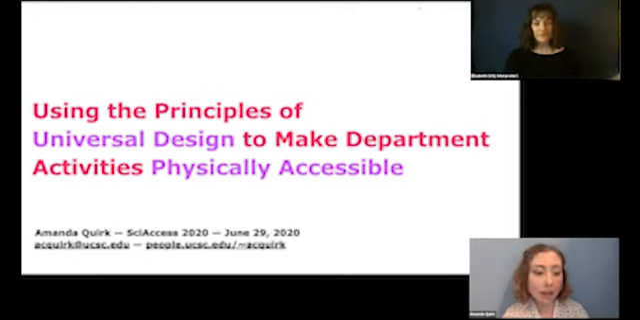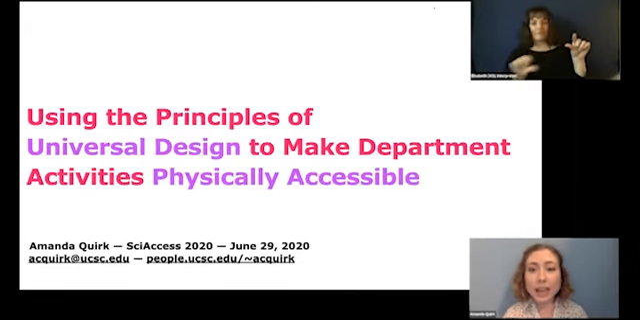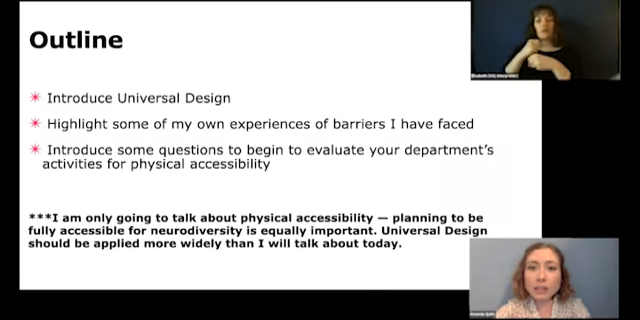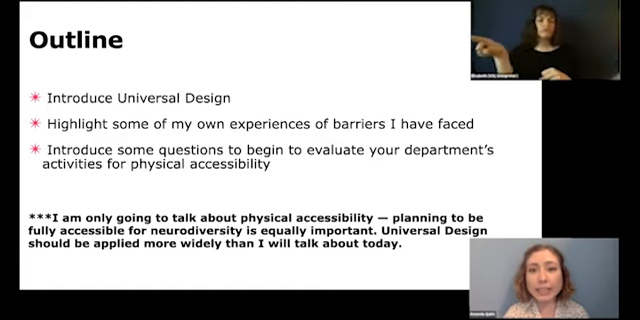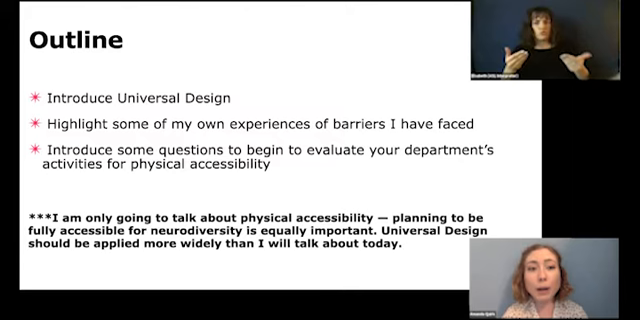Today I'm going to be talking to you all about using the principles of universal design to make department activities more physically accessible. Just to give you a little roadmap of where we're going, I'm going to briefly introduce universal design to make sure we're all on the same page. Then I'm going to highlight some of my own experiences of barriers that I have faced. And then I'm going to more broadly introduce some questions you can use to begin to evaluate your department's activities